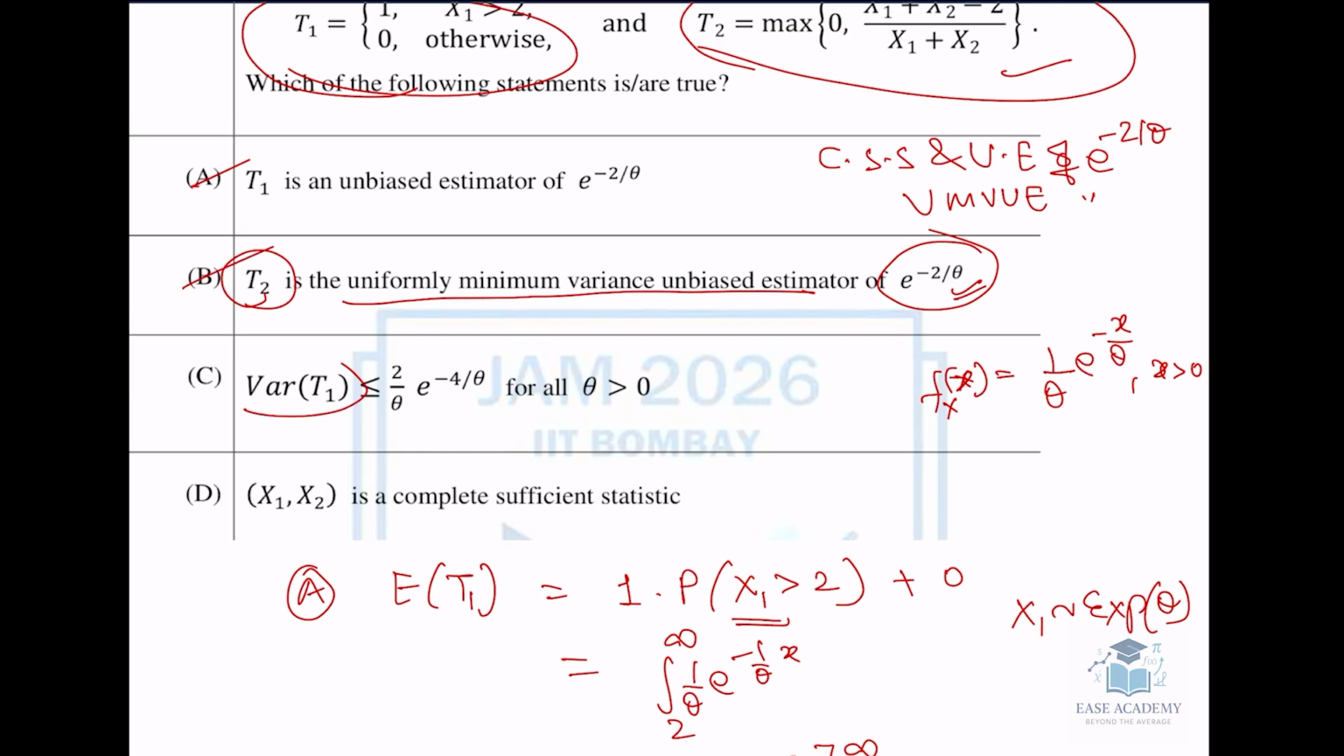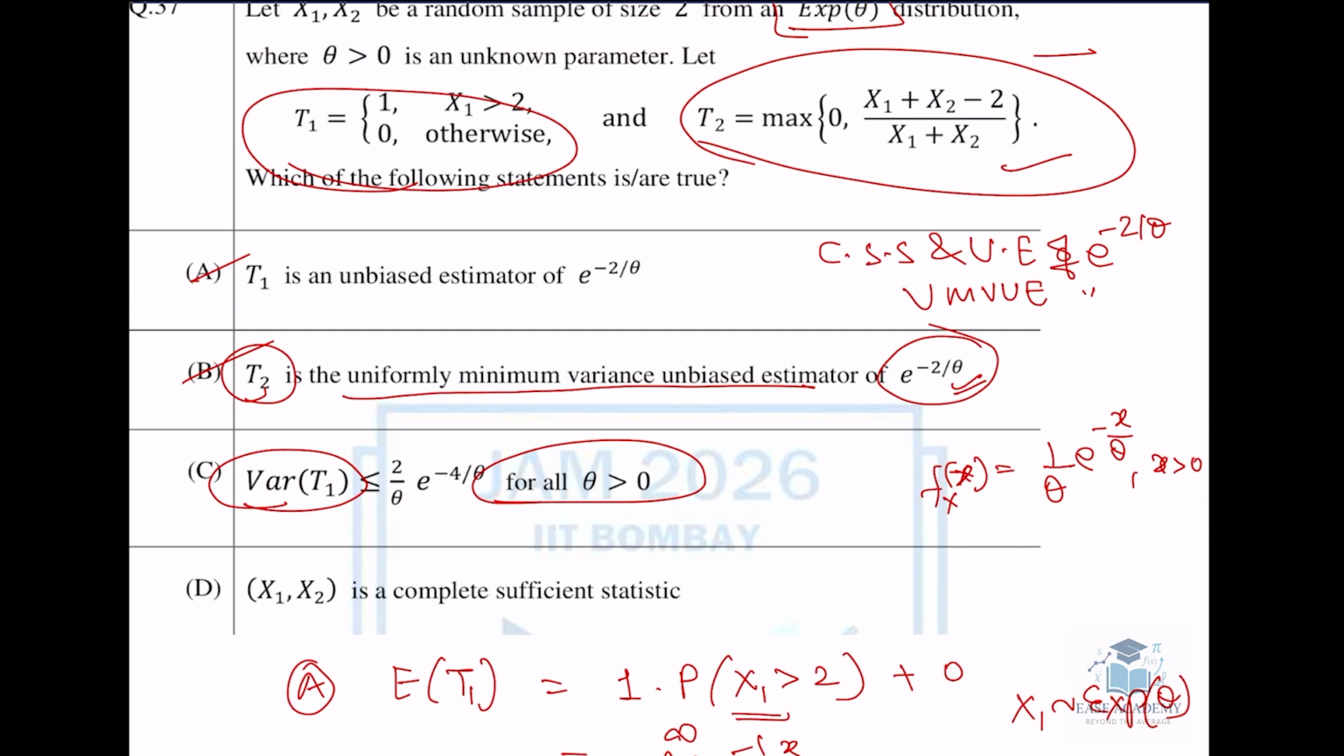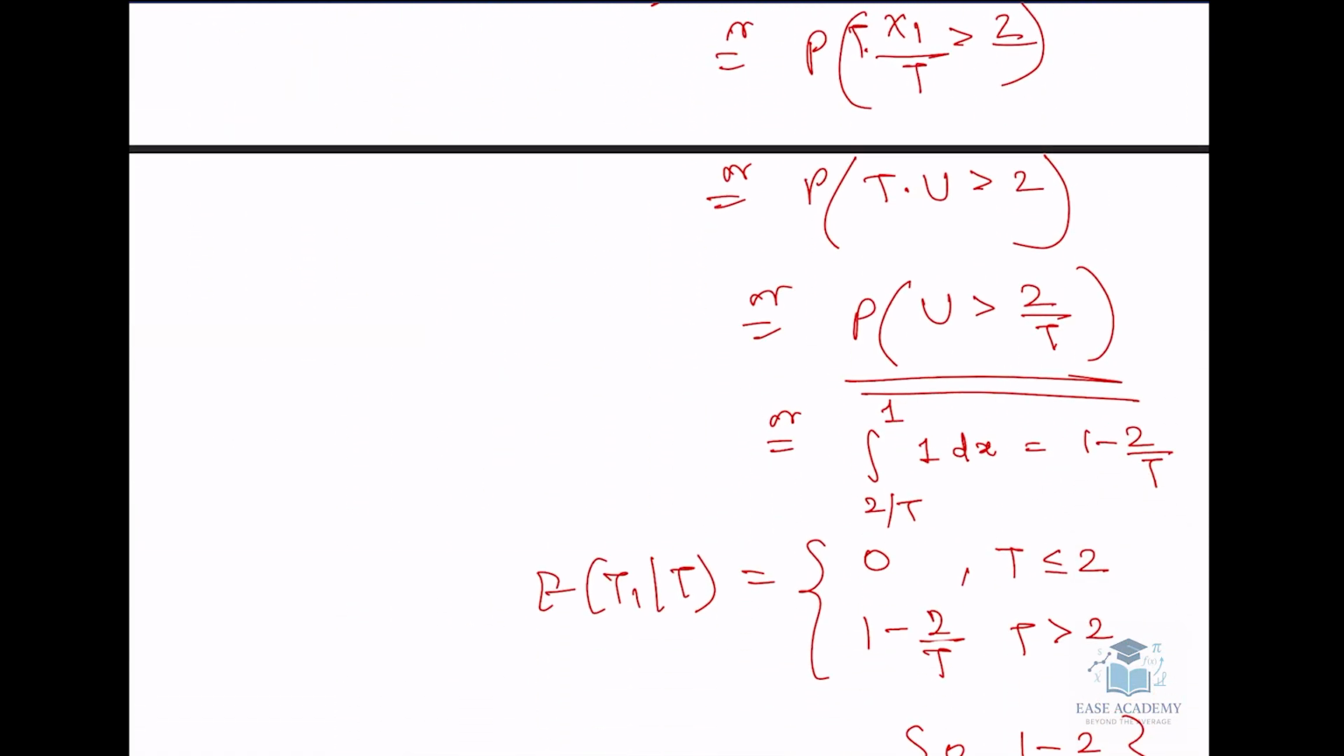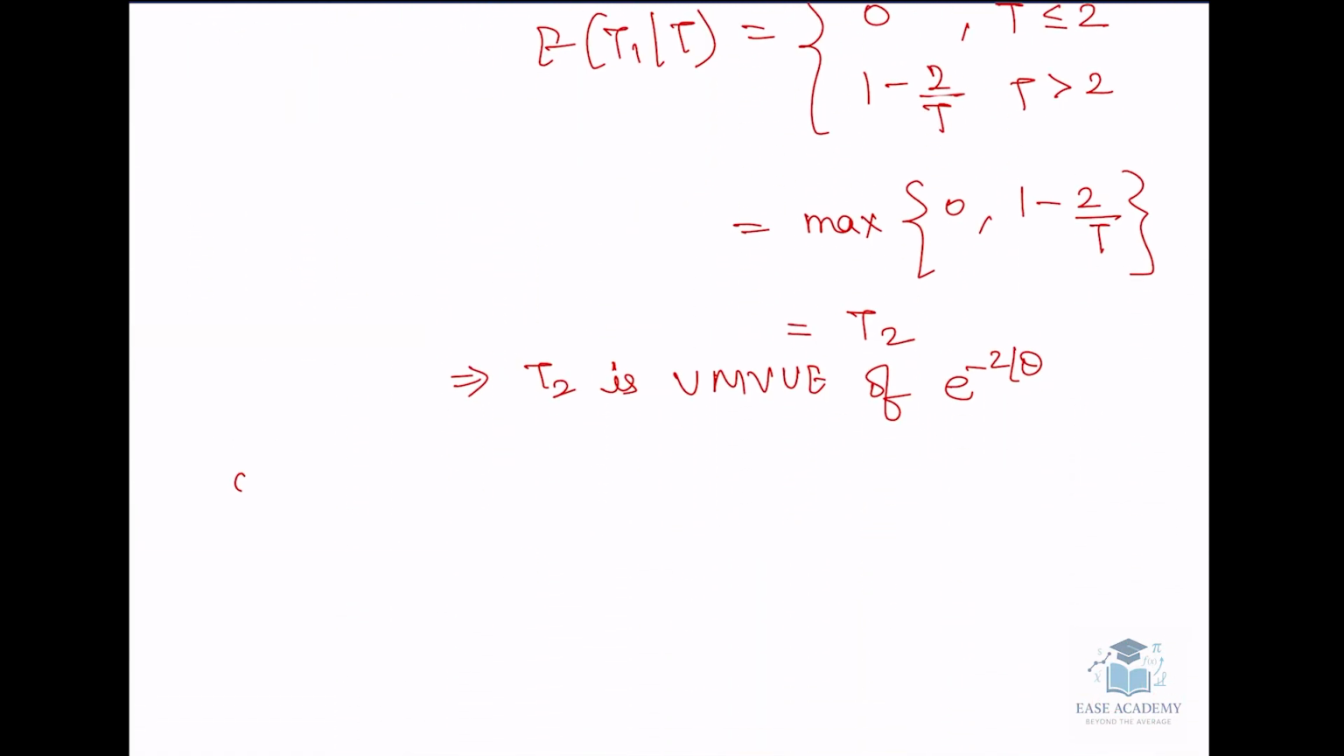Now variance of T1 is less than or equal to 2 by theta e to the power minus 4 by theta for all theta greater than 0. Here T1 is defined as this. So variance of T1 is nothing but